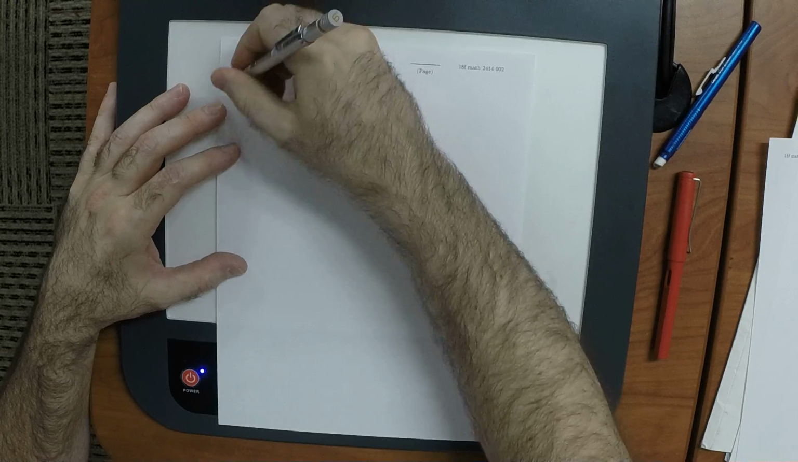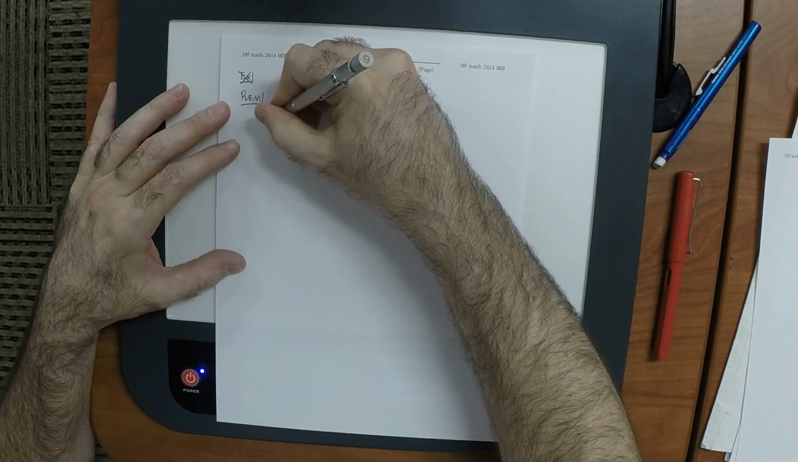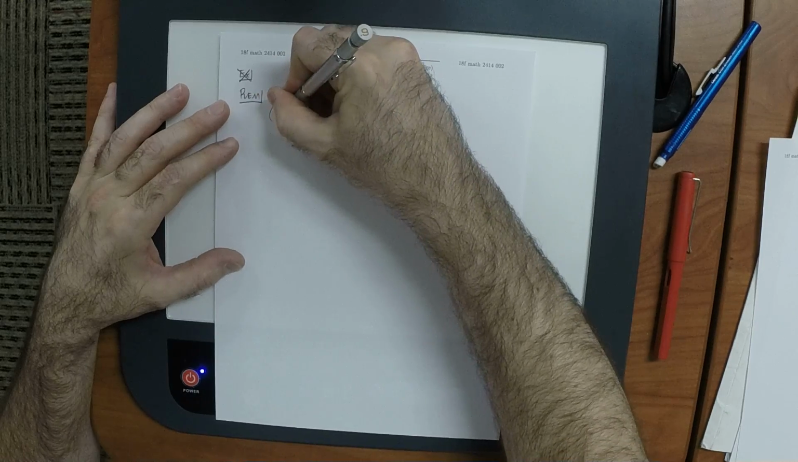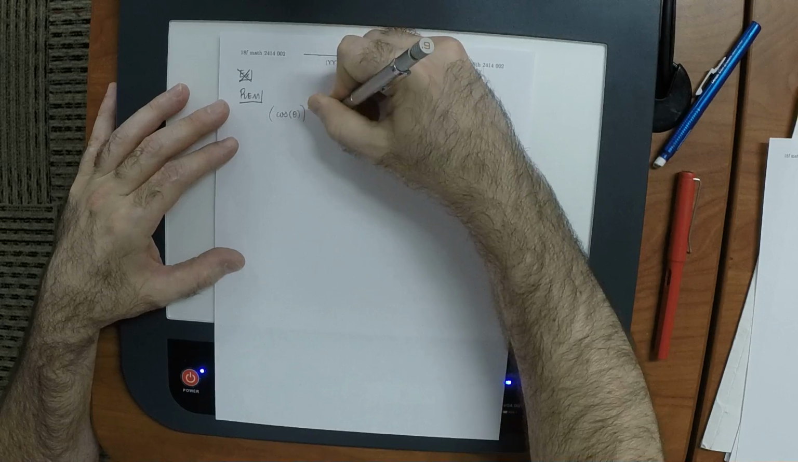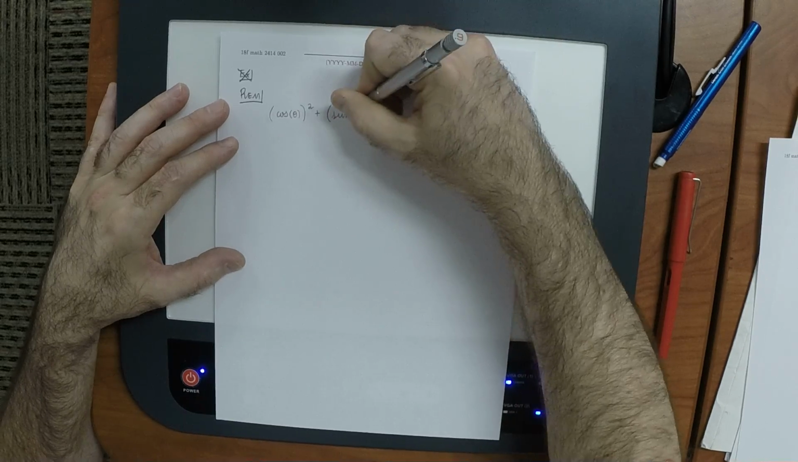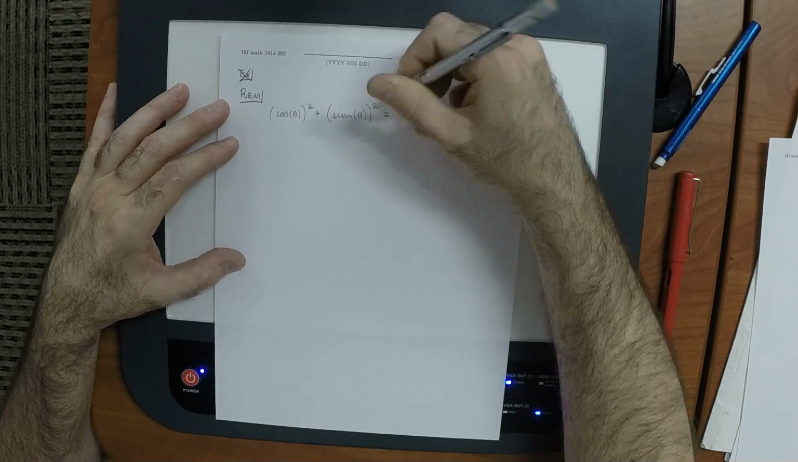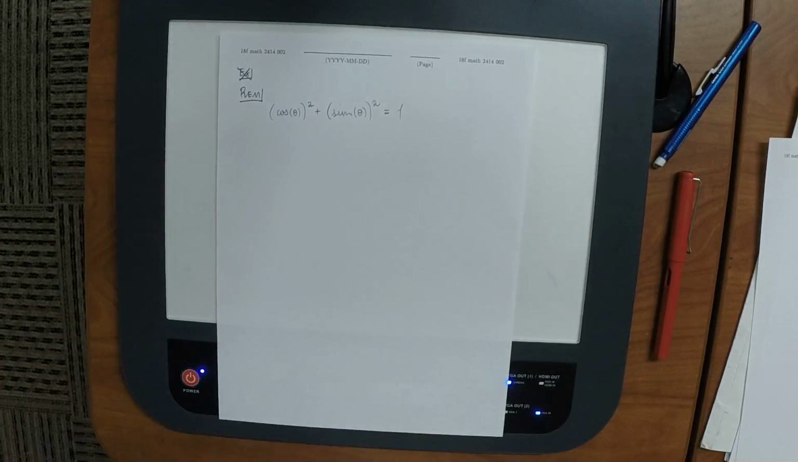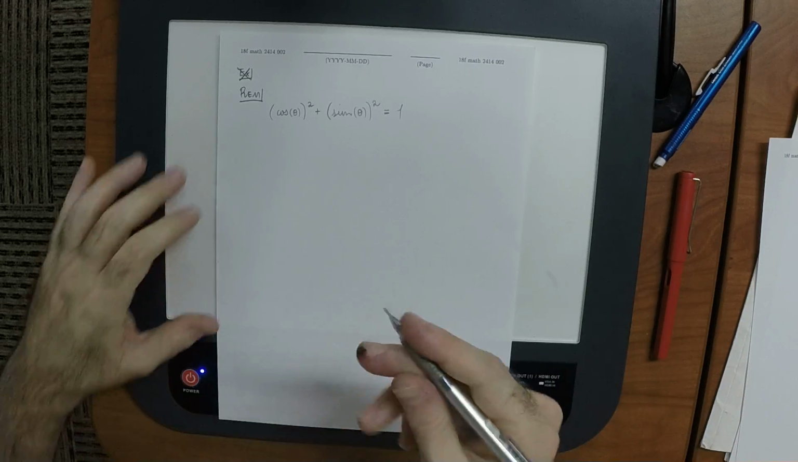But in fact, before doing this example, I'd like to remind you of something that you know: the cosine of theta squared plus the sine of theta squared is 1, right? That's the Pythagorean identity. So with that in view,